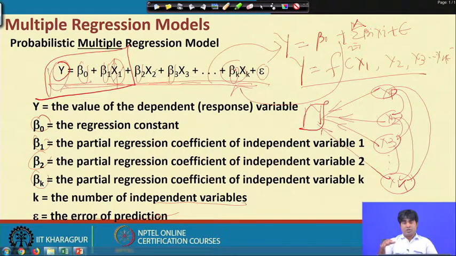So that means the original y involves the intercept and all these independent variables and the error term, whereas the estimated model will be only the intercept and the estimated parameters connected with all these independent variables. The difference between y and y cap, that is y estimated, will give you the error weightage, like the previous case which we discussed in part 1, that is, bivariate or simple regression modeling.